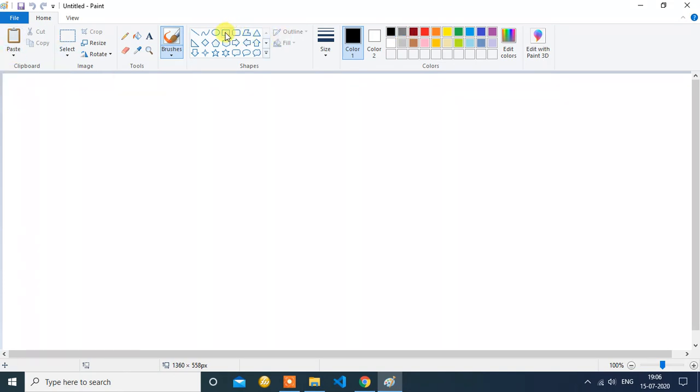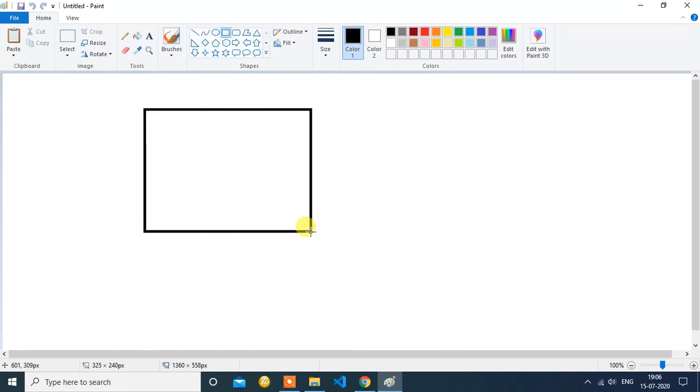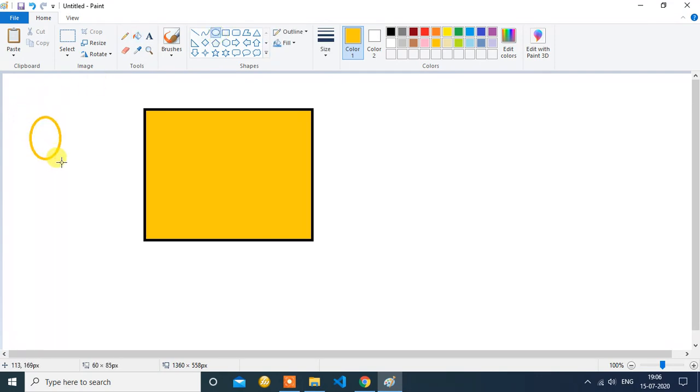First I want to have an image to work with. Okay, I want to fill color in here. And yes, I want to tell you one more thing that is very important. If we make any picture here, you can see it has a border-like structure, with the help of which we can move it or resize it.